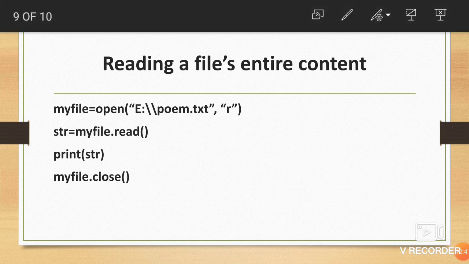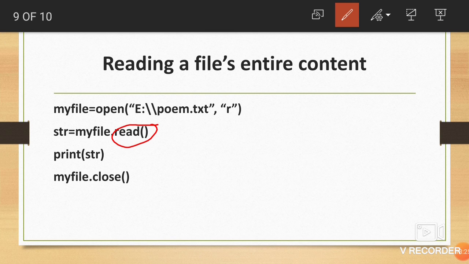Inside the read function we did not specify any number or enter any value, so it has empty opening and closing parenthesis. So it will read the entire content of the file. But as I told you, when you call the read method, it will return the data in the form of a string.